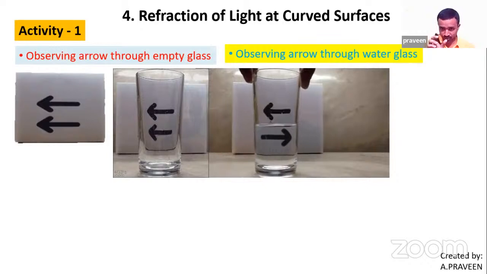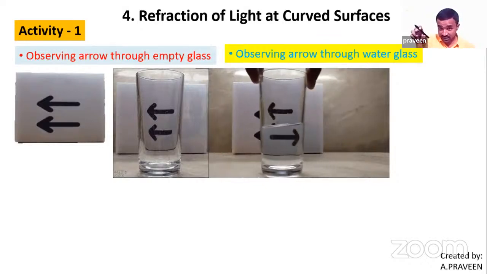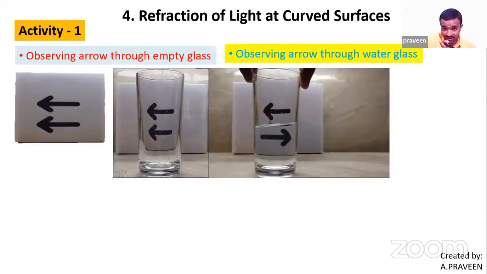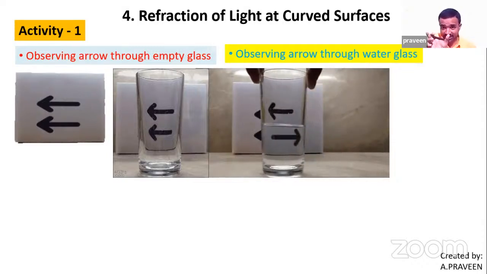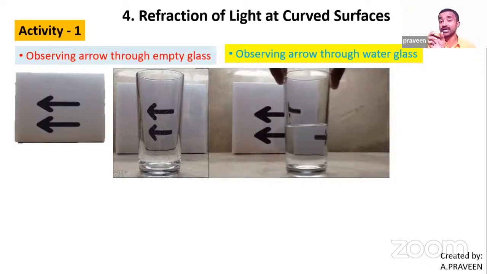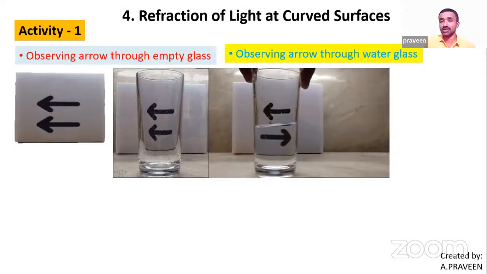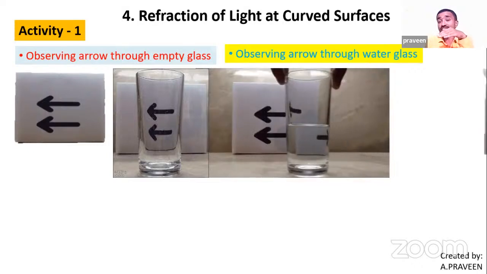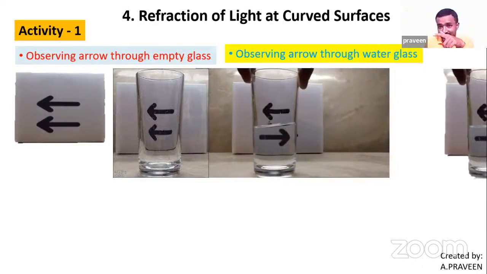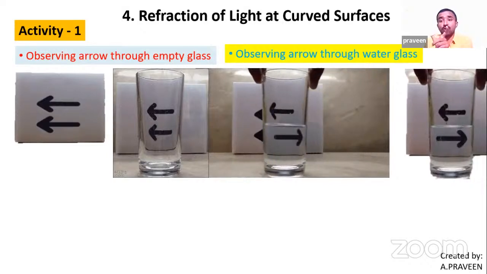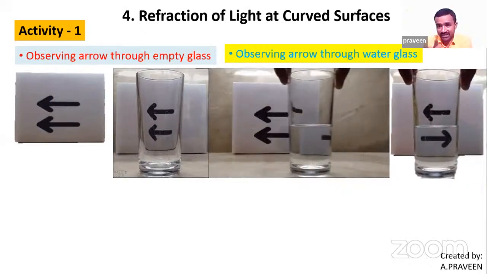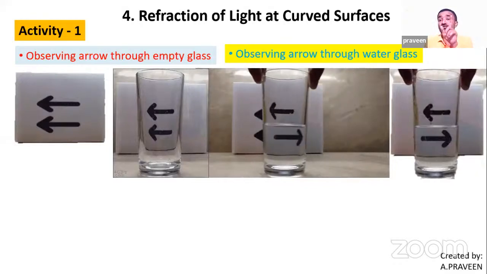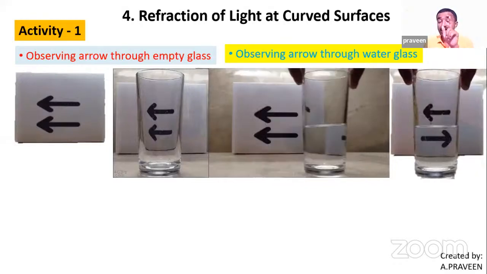Clearly I am showing you that when the glass is filled with water, one of the arrows changes direction, and its thickness and size increased. So the facing direction changed to the opposite side and its size improved. Compare those sizes, right? That's why I am telling you that one is inverted and the other is